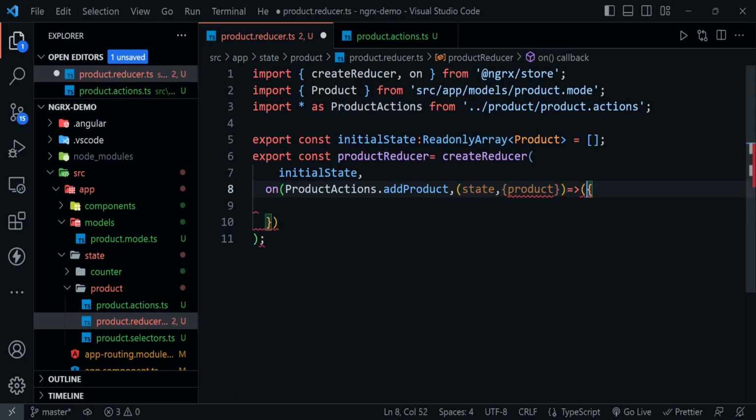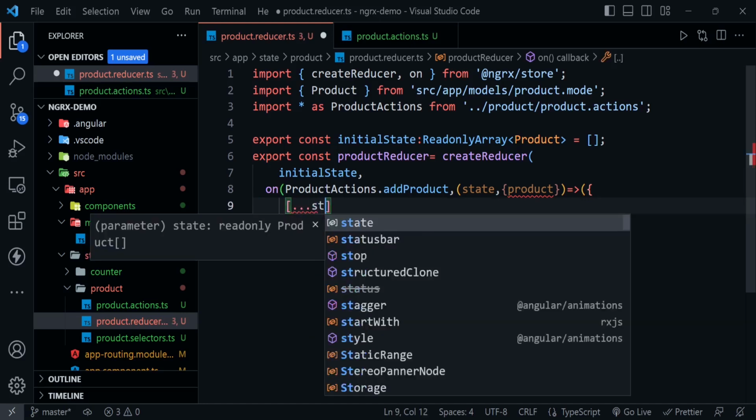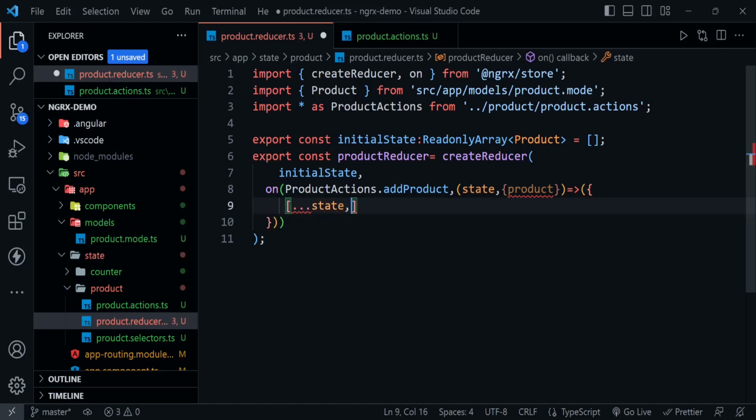Okay, put one more bracket here. Now since we are adding a product, it means we are just adding something into this state,